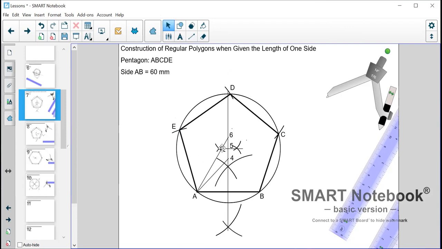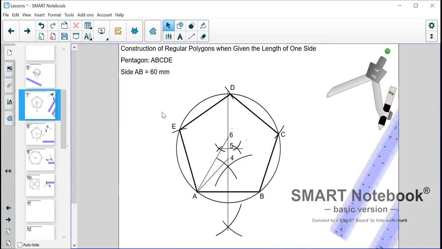Now, points to note: you need to be absolutely accurate when you're constructing these polygons using this method, all right? Because if you're not accurate, you will not end up with 5 equal sides. And as you can see, mine is not 100% accurate because the last side is shorter than the others, right? So you need to be accurate, you need to be precise